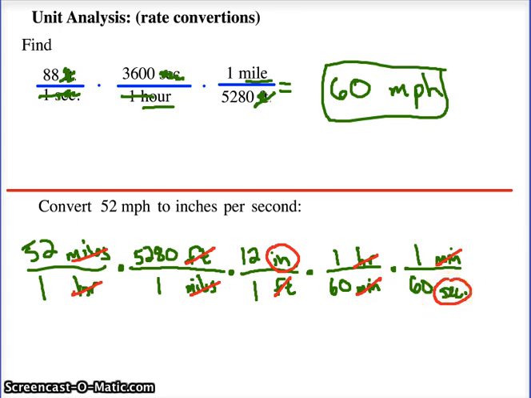Now all we have to do is crunch the numbers. Take everything on top, 52, 5,280, 12, technically 1 and 1, and multiply all those numbers. On the bottom we have 1 times 1 times 1, and 60 times 60. And if we multiply out the top, divide it by 3,600 on the bottom, we will end up with